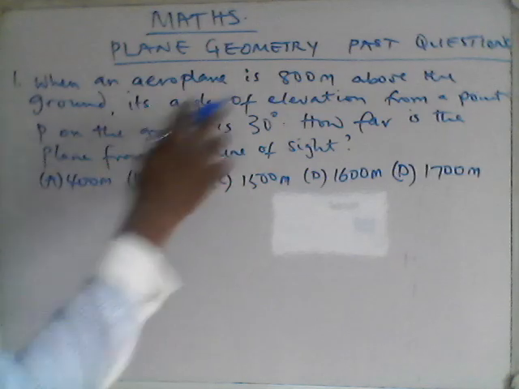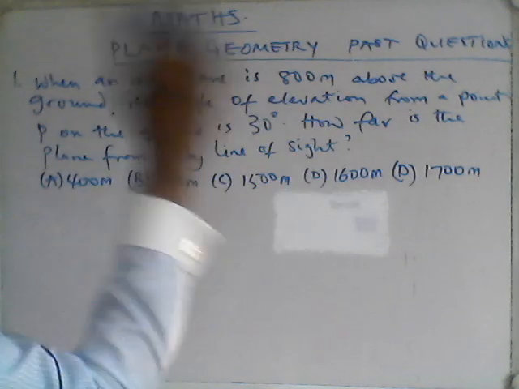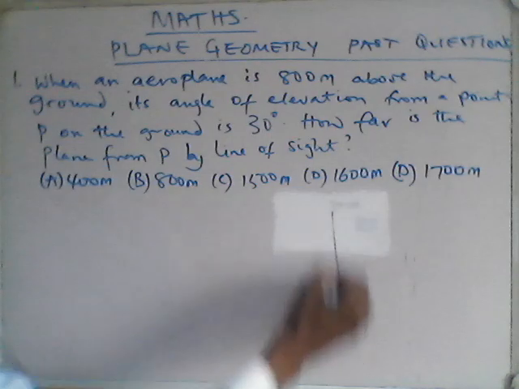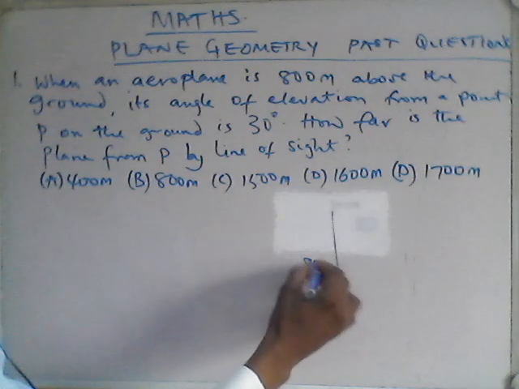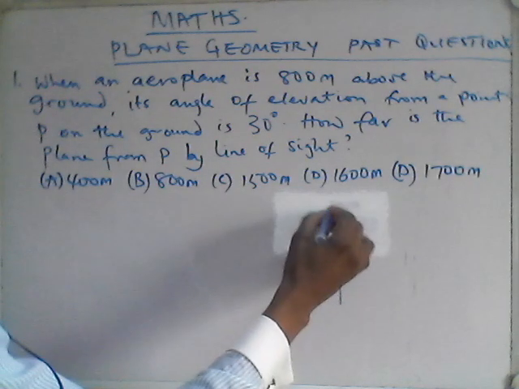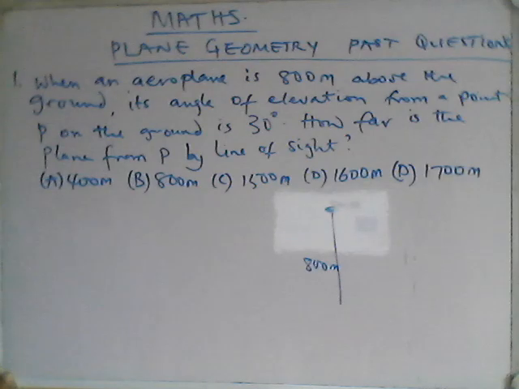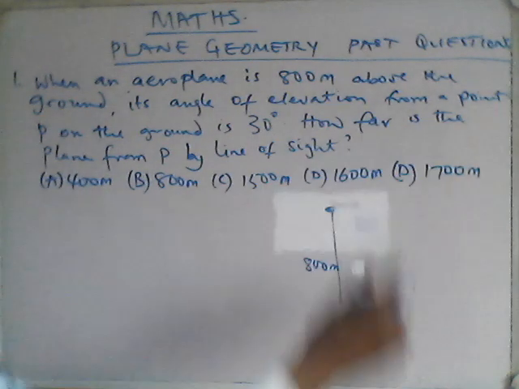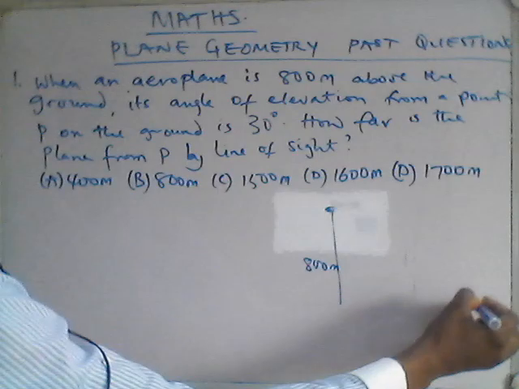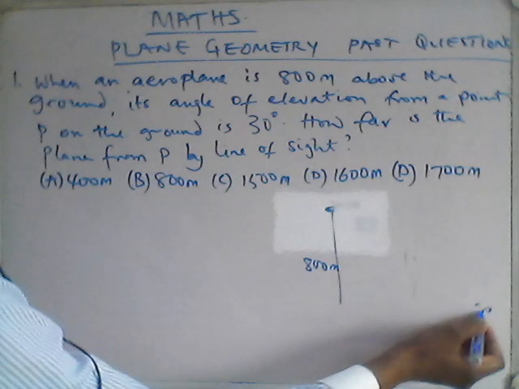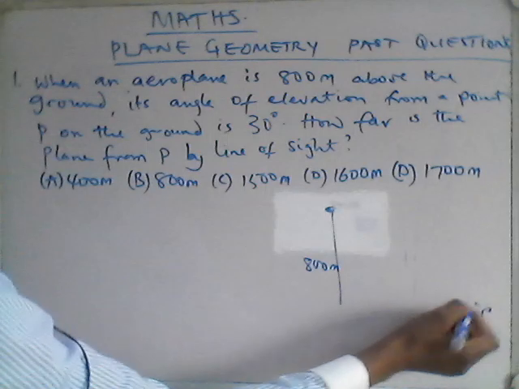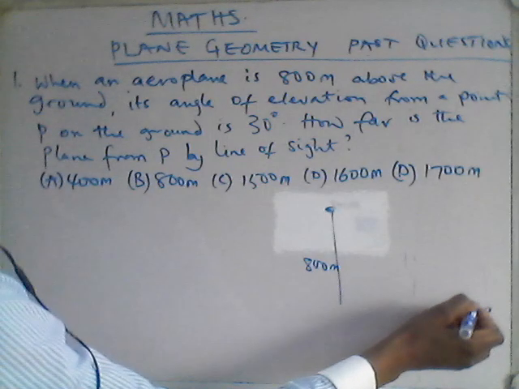When an aeroplane is 800 meters above the ground, you do that one first. This aeroplane here, this is the ground, 800 meters above the ground. So the aeroplane is up here, understand? Now, its angle of elevation from a point P. So if this is the point P, anytime you see from, that is the reference point. So the angle of elevation from this point is